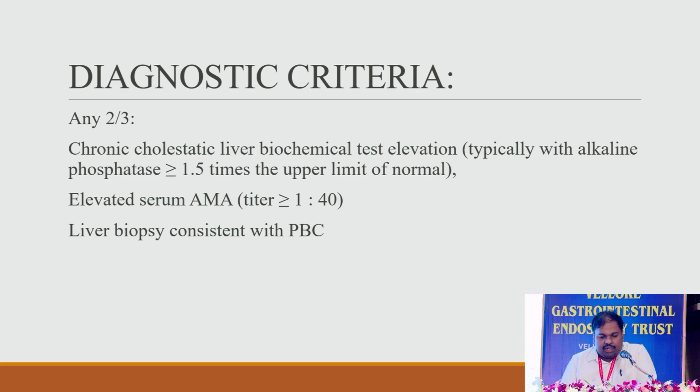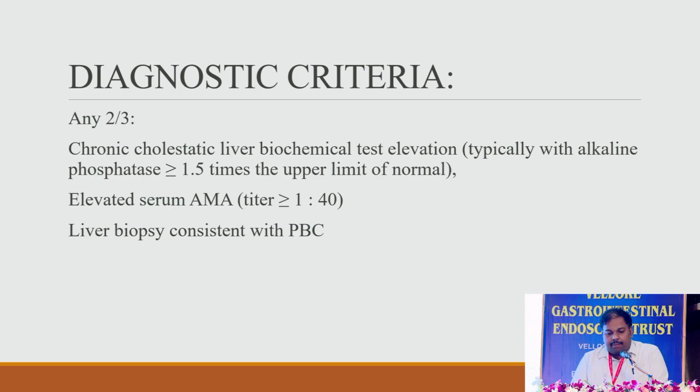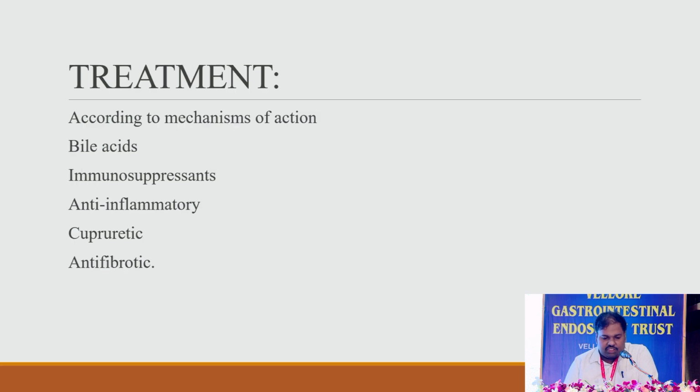The three are: a chronic cholestatic liver function test elevation with typical alkaline phosphatase more than 1.5 times the upper limit, or an elevated serum AMA, or a liver biopsy that can give proof of primary biliary cirrhosis. If any two of the three are positive, then we diagnose the patient as having primary biliary cirrhosis. The treatment usually involves bile acids, and we can give immunosuppressants, anti-inflammatory and